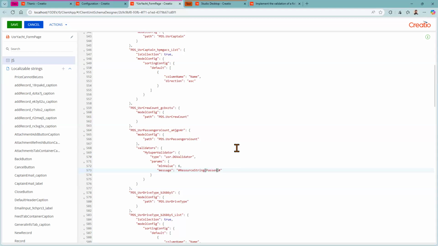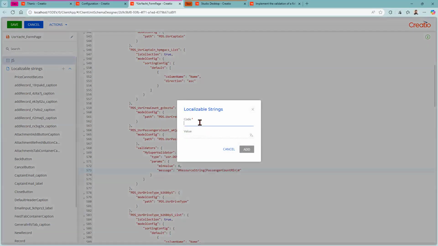Passenger count min. Introduce new localizable string, passenger count min, and the value will be: there should be at least 6